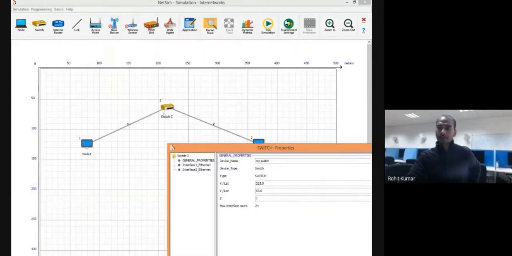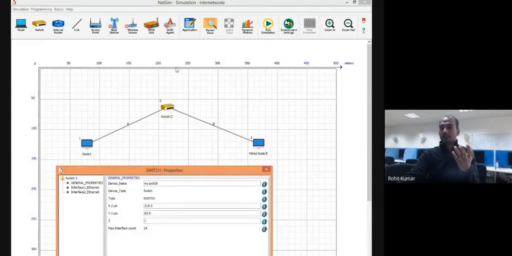Why two interfaces? Because one line is here, second line is here. So one interface with respect to this network and another with respect to this network. Now you will say, sir, right now you were saying that we have a single network, then you will use a switch. Then how are you saying it is a separate network? I'm just giving you a basic assumption. Consider that if a packet is coming from this particular device, then it is a sort of different network at the data link layer. It is a wrong practice to say like that, because we consider a subnet with respect to the IP layer only.